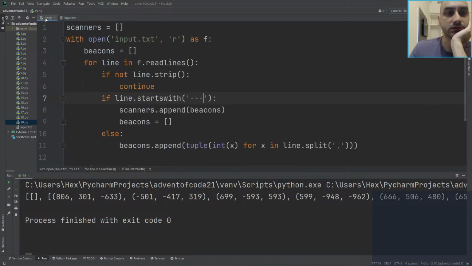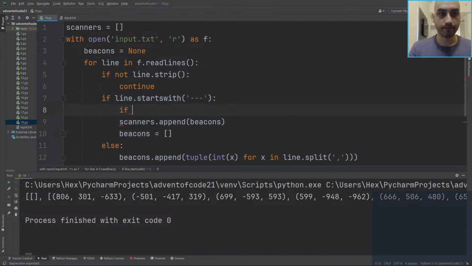I need to... Alright, just do it like this. If beacons is not none, put it on, and then at the end of this process we'll just have to do